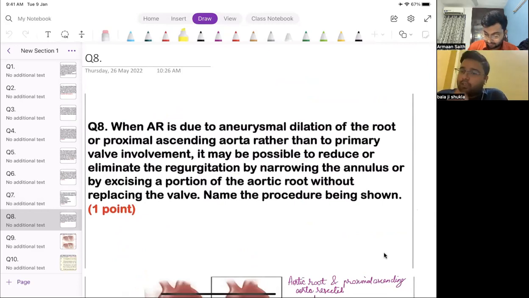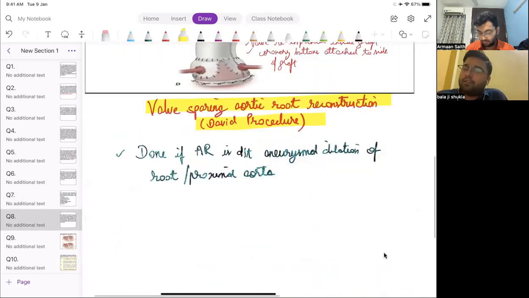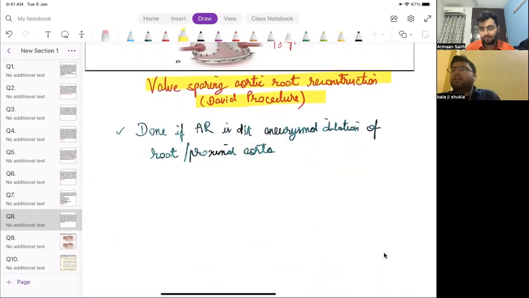In this question, we are asked about the treatment of aortic regurgitation. As we all know, aortic regurgitation can be due to the valvular defect, or it can be due to the dilatation of the root of aorta. Where there is defect in the root of aorta, we have a treatment called the David procedure. This is the valve-sparing aortic root reconstruction procedure, and it is done in aortic regurgitation cases due to aneurysmal dilatation of root. You can see in the picture,